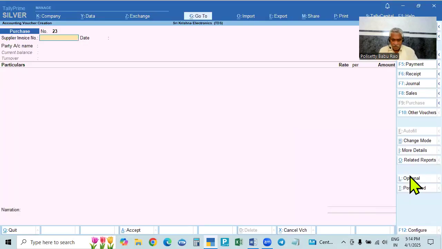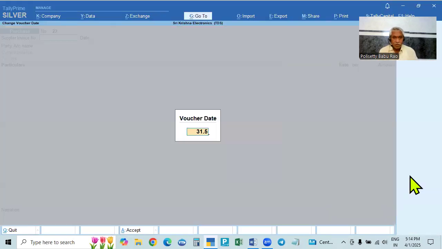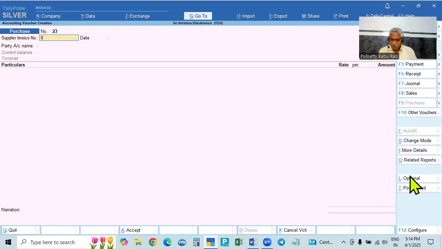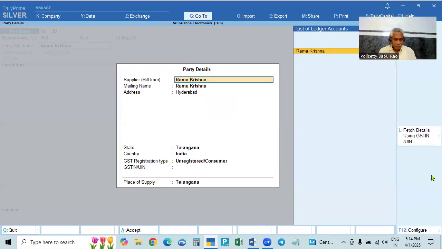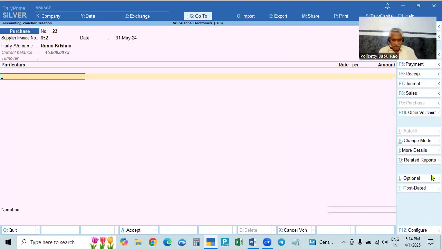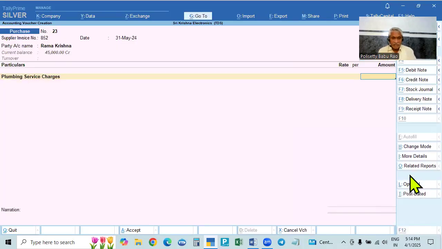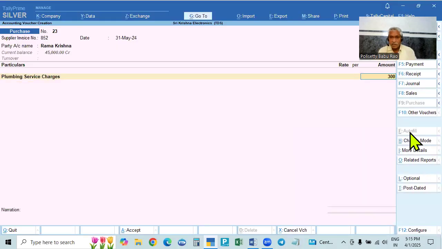That is on 31st May. Press F2, 31st May, and take some number like 852. The name is the same, Ramakrishna, accept, and the service is plumbing services. The third bill is 30,000. Here also 30,000 is the single bill, and 30,000 is the exact limit, so it has not crossed.